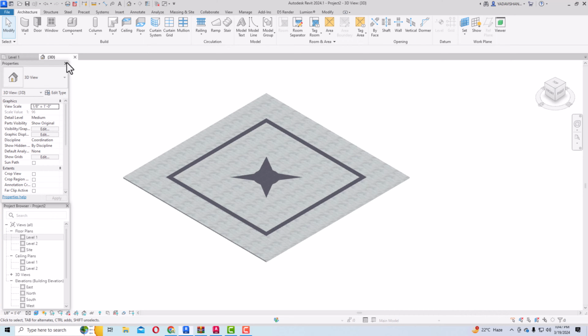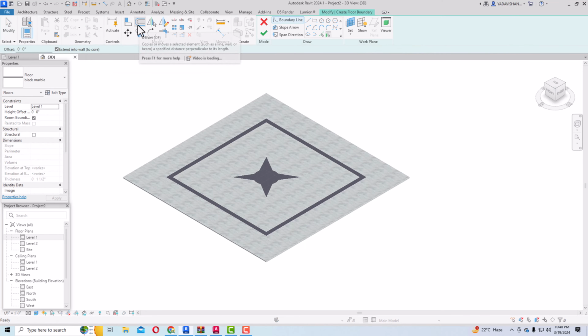And you can also use this floor by parts, and you can create this floor by parts. So this is somewhat complex, I will make another tutorial, but this is the simplest form of creating floors. So you can follow this and you can